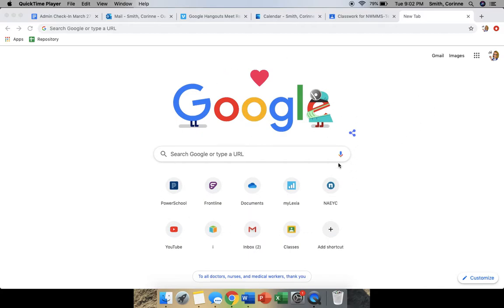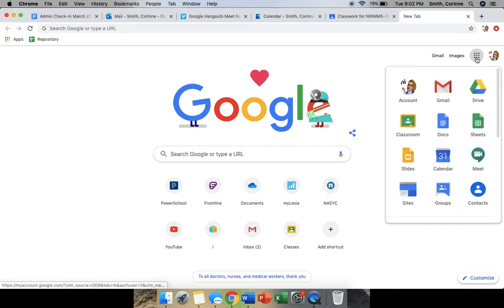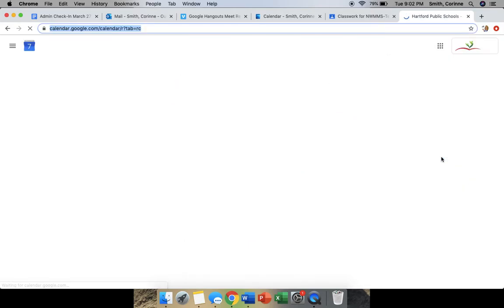So if you start from a blank Google page and go to the waffle button over here, I found that the best way to schedule them out is to go in the calendar, because if you do click on Meet, it's going to start a meeting right at this time rather than scheduling it in advance. So if we go to the calendar,